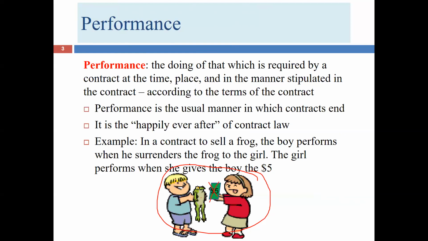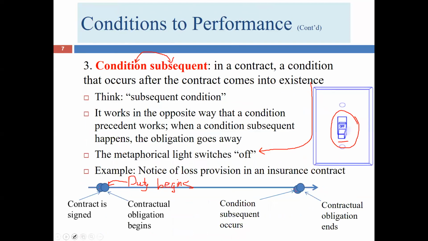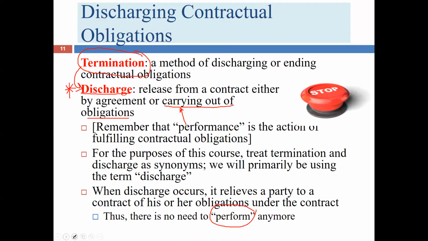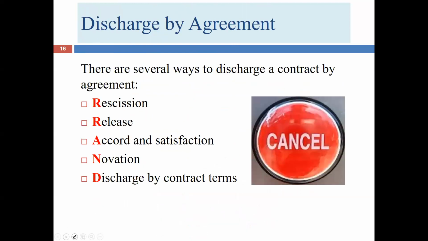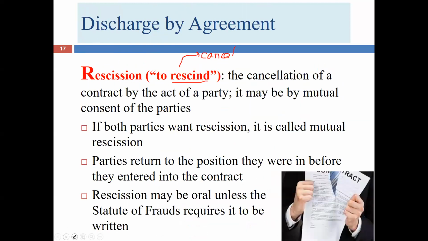Now, if one wants to do it and the other doesn't, then, of course, in that situation, the one who doesn't is very likely to be required to do it. But if neither one wants to do it, then they can shake hands and go about their business, and Sally keeps her $5 and Bobby keeps his frog. There would be no reason for them to complete a transaction that doesn't make sense. So mutual rescission allows both parties to walk away and move on when that situation arises.